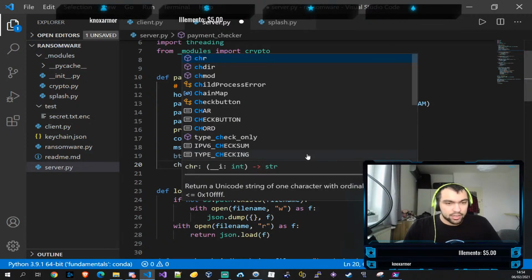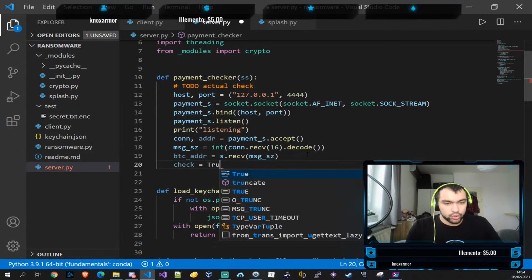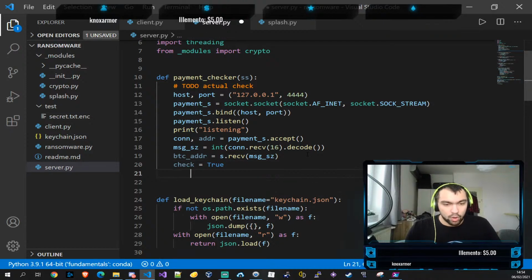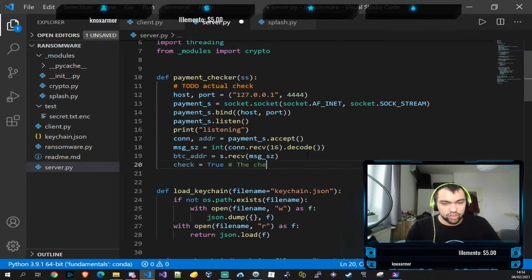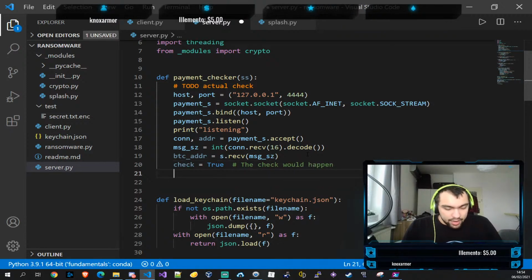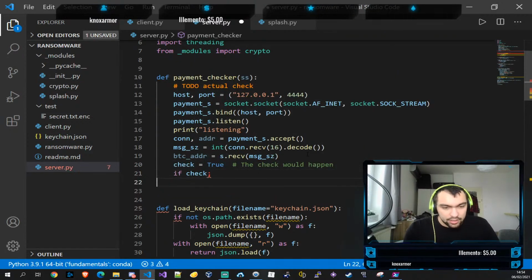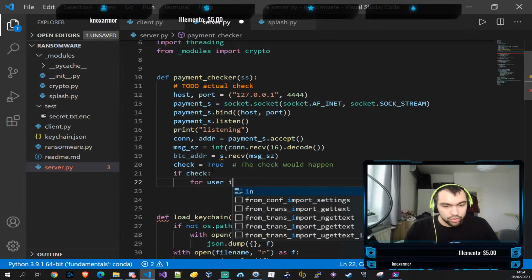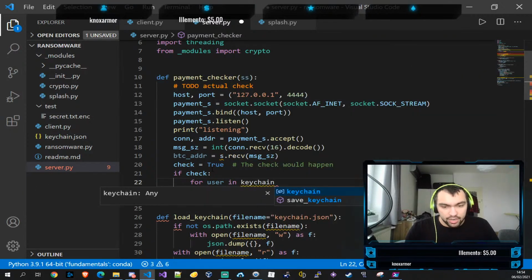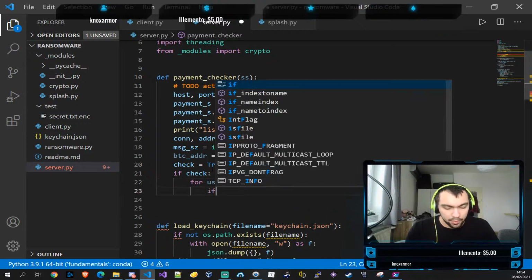We're just going to have check equals true, and this is where the check would happen. And if check, so if the Bitcoin address checks out for user in keychain, if keychain,